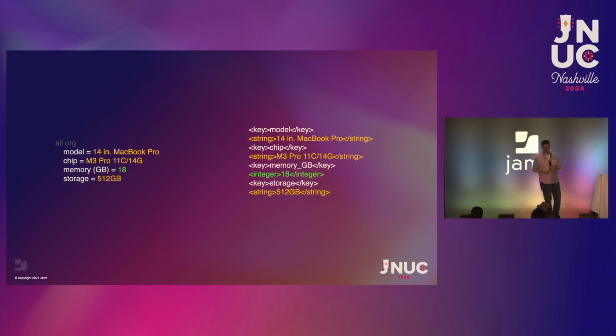If we add the rest of our attributes in here, all of the strings generally look and work the exact same way. For our memory in gigabytes, now we can actually say, no, this is an integer, which lets us check if someone is going to modify this file, or we're getting this file from a file system or anything like that. If someone accidentally types in 18 GB for that value instead of just the number, now we can check it. Now we can actually say, no, that's incorrect. That's not the data that's supposed to go there because it's not the right type.